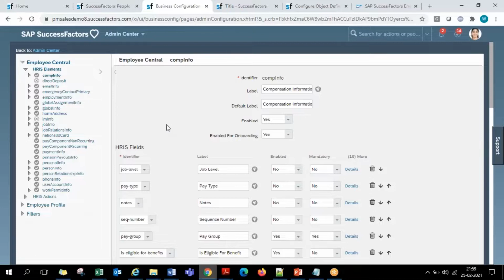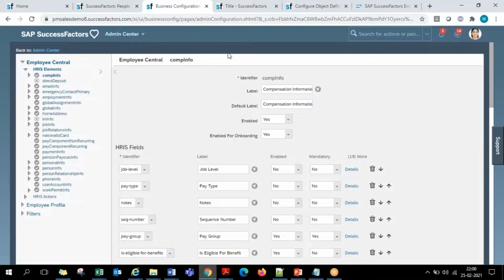Okay, that means it's being completely taken out of it and placed here. That is MDF. This is not MDF. This is just a front end tool. Whatever you can do in XML, you can also do here on the front end, is what they have given. But these lines of coding are not removed in the succession data model. They are still existing. But for corporate case, it's not that way.